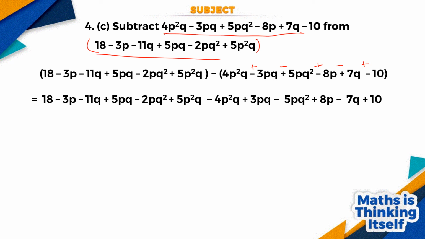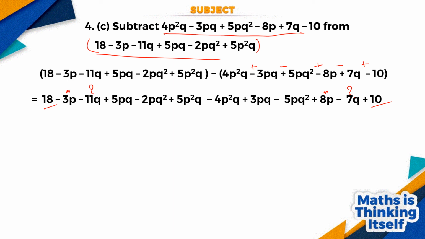Once again, check if you have any confusion, because many mistakes happen when we open the bracket and do not change the sign. That's why our answer is wrong. Now collecting the like terms. 18 and 10 are constants. Second, minus 3p. Which is the like term of 3p? Now look here, 8p. Then 11q. Where is 11q? Here is a q term, which is a like term.